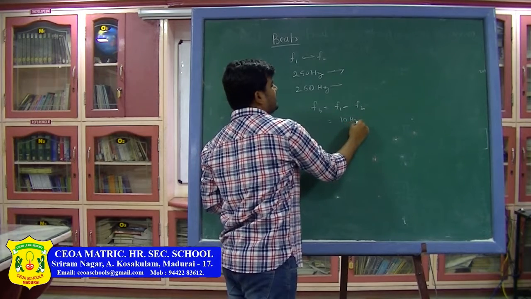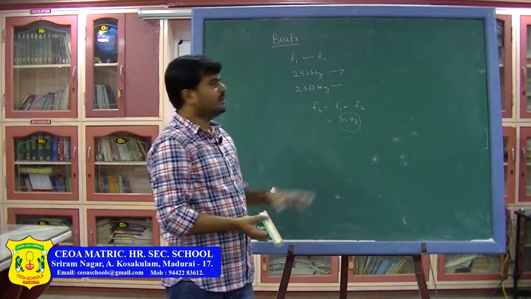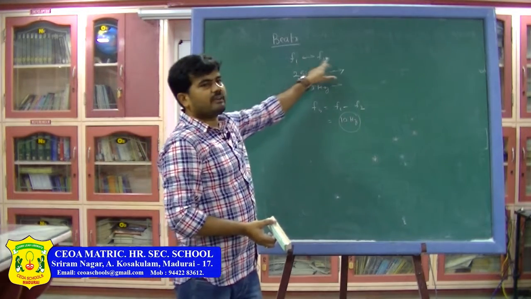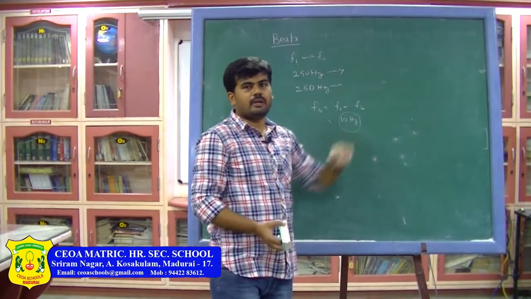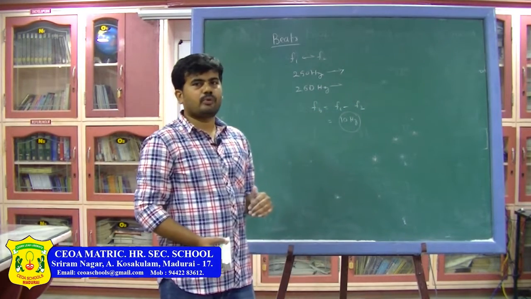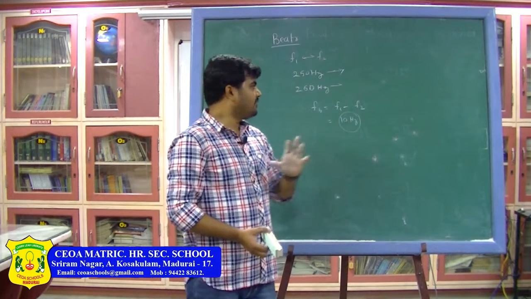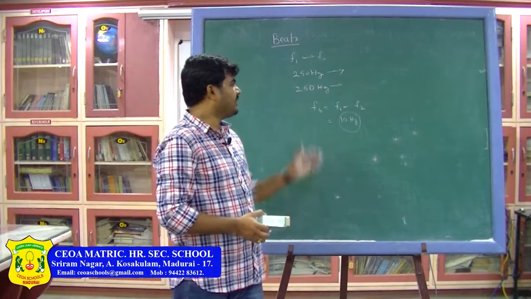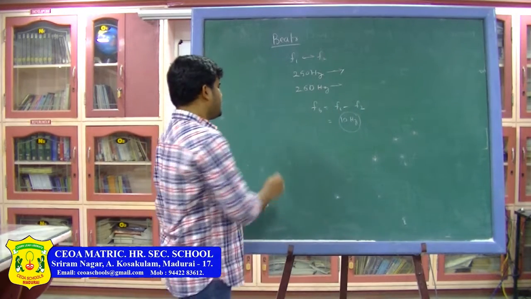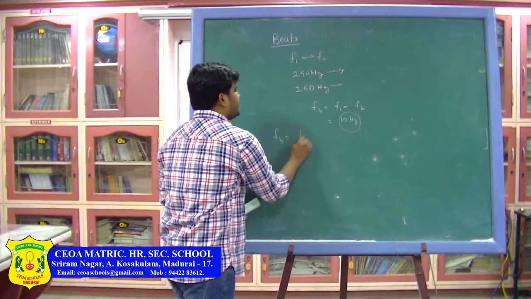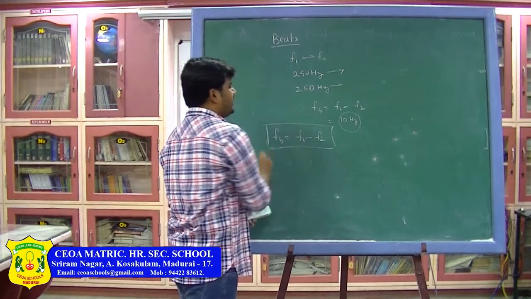That means this 10 is nothing but a beat frequency. So, when two sound waves of almost near frequencies are moving in the same direction in the medium, they superpose on one another and produce periodic variations in the intensity of sound. That phenomenon is called beats, and the number of beats per second is known as the beat frequency, which is given by FB equals F1 difference F2. So, this is the formula for beat frequency.